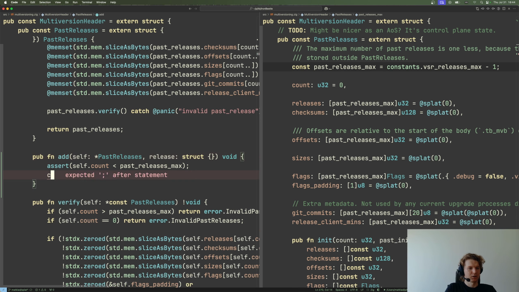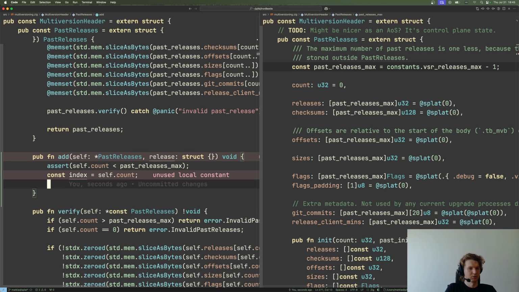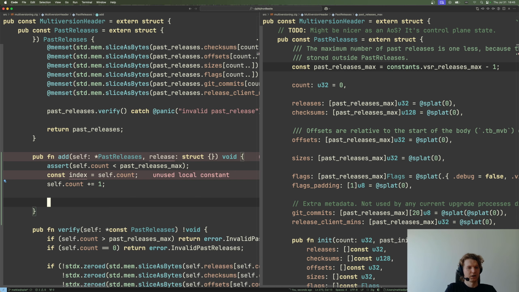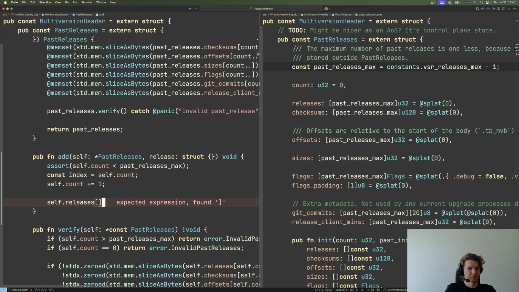And then we say const index is self count. Then we say self count plus equals 1. And then we say self releases index equals releases next release, and the same for